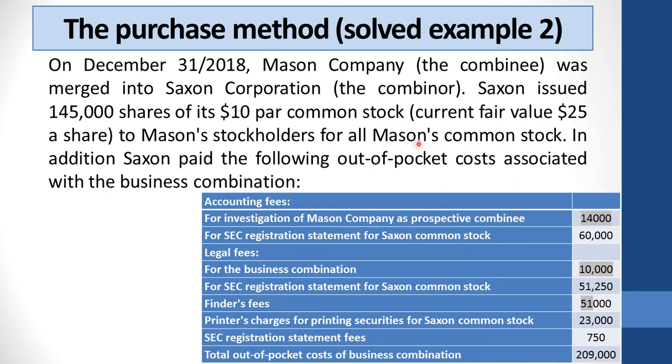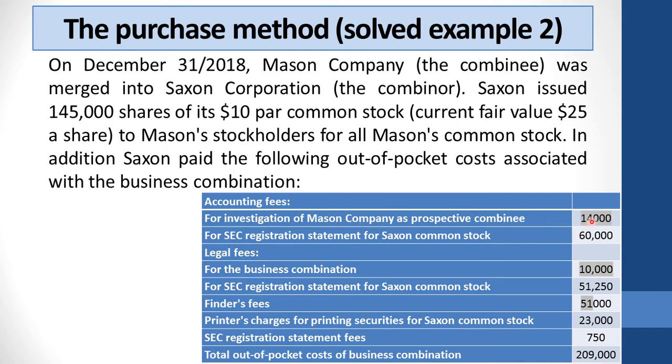So Mason's shareholders will give all their shares in Mason Company to Saxon. In addition, Saxon paid the following out-of-pocket costs. There were some out-of-pocket costs extra to the issued shares, which are: accounting fees for investigation of Mason